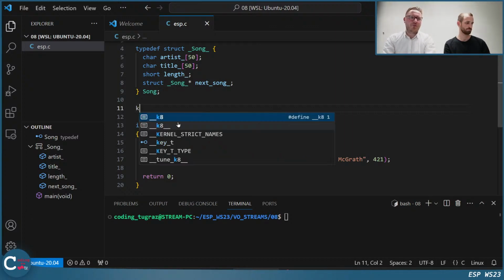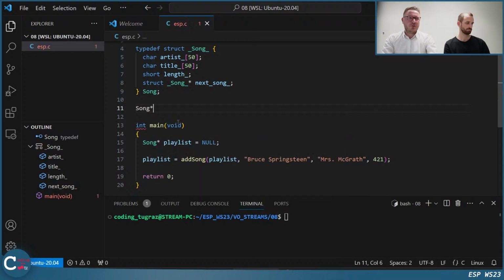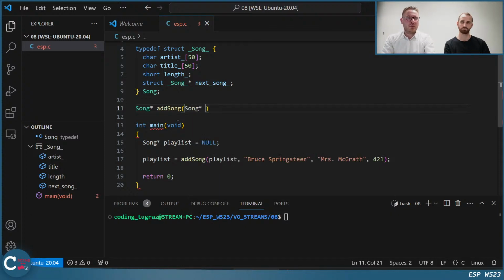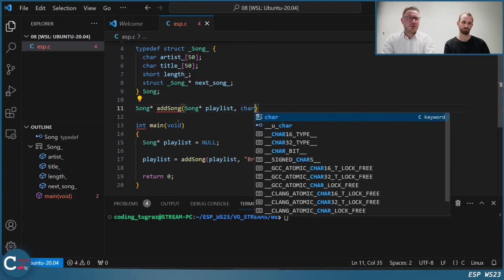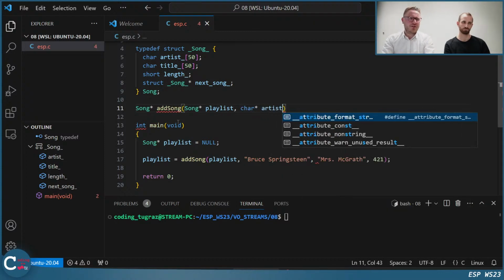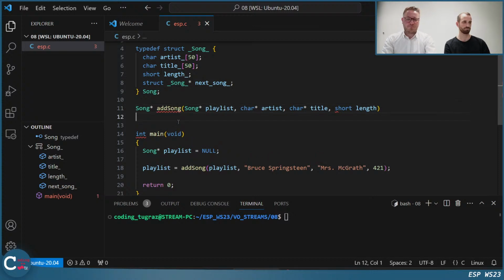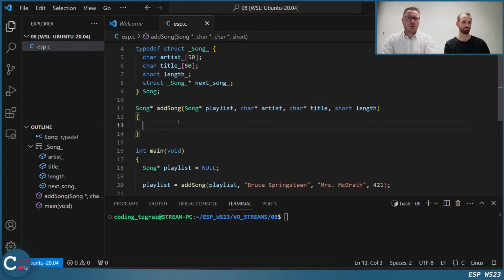First of all, a function description, like a prototype. We take the playlist, which is song playlist. We said we have a first element, artist, we have a title and a length. Okay.